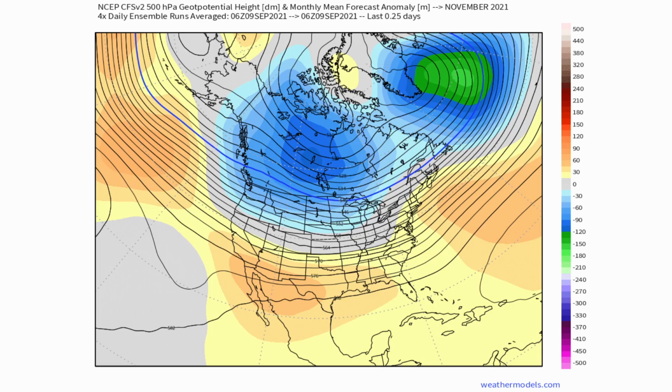I like to save the surface maps to within 5 days of an event. So if you're seeing the snowfall total maps already being posted all over the place for some snow event in, let's say, Montana, Idaho, or Wyoming, you don't want to pay attention to that if that's happening 15 days from now. You want to pay attention to that if it's happening 5 days from now, because that's going to be a lot more accurate. And that's what we're doing here. We're looking at the climate forecast in the upper air.